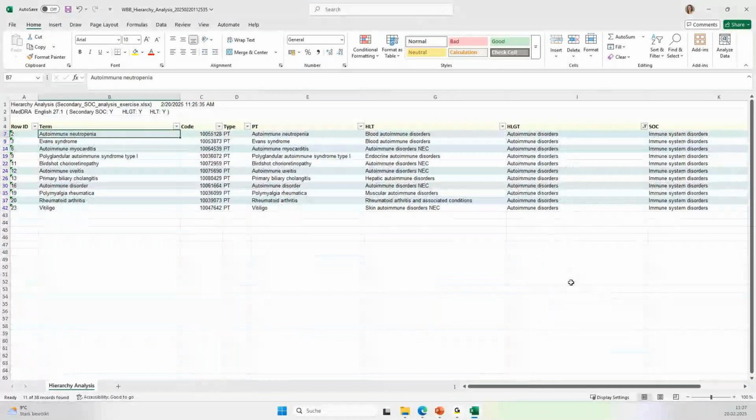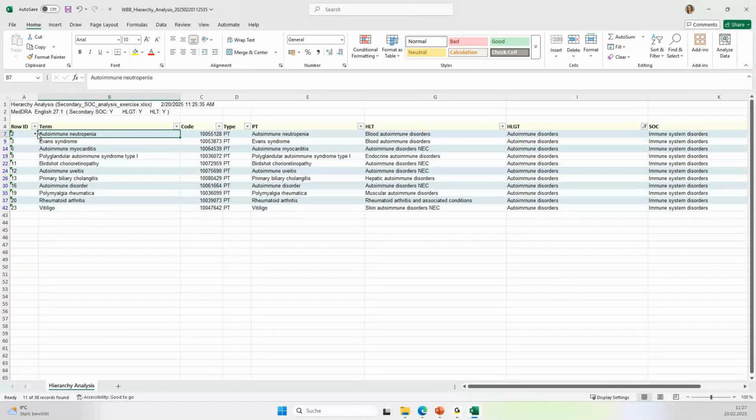And ta-da, we see that all our autoimmune PTs, we assumed correctly that these are autoimmune disorders, but we also see that Evans syndrome, where we're not quite sure what it is, but also birdshot chorioretinopathy, primary biliary cholangitis, polymyalgia rheumatica, rheumatoid arthritis, and vitiligo are also considered autoimmune disorders. So this really gives us a very quick and easy overview of the secondary linkages of these terms and which